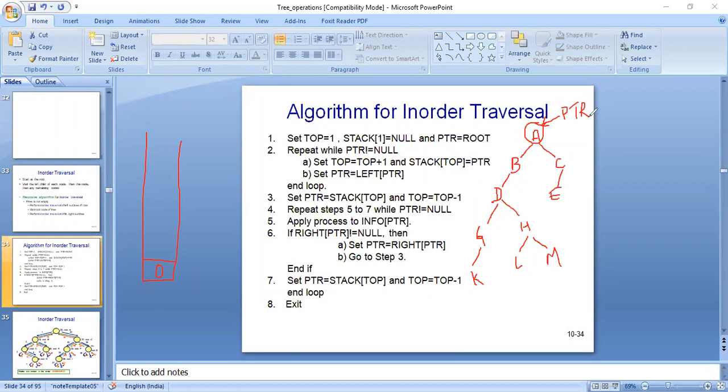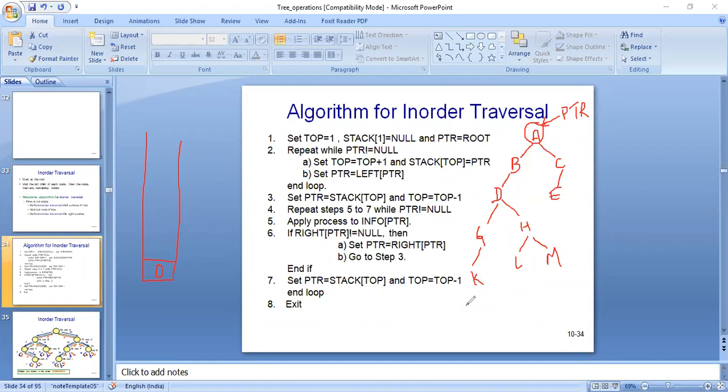Then we will proceed down the leftmost path rooted at PTR, and we will push the nodes A, B, D, G, and K onto the stack. So that means we have to process the whole left path, and we will be placing all the nodes on the left side into the stack. That means we are pushing A, B, D, G, and K onto the stack.